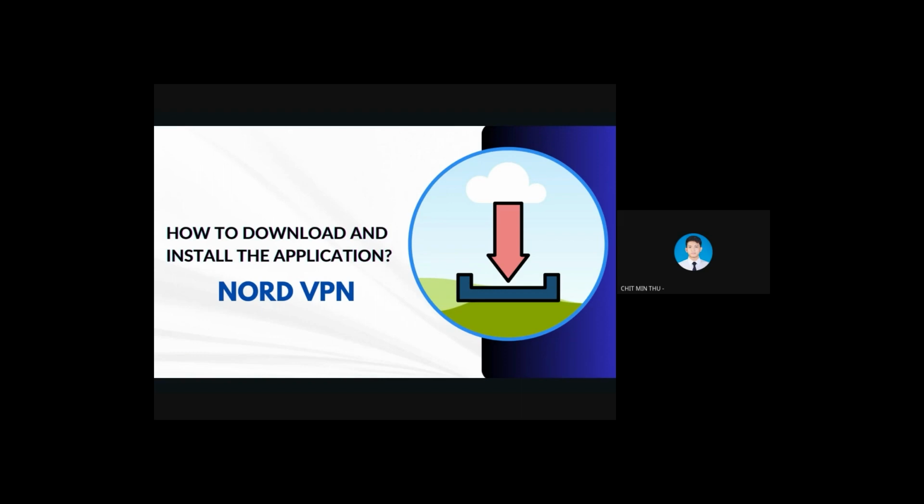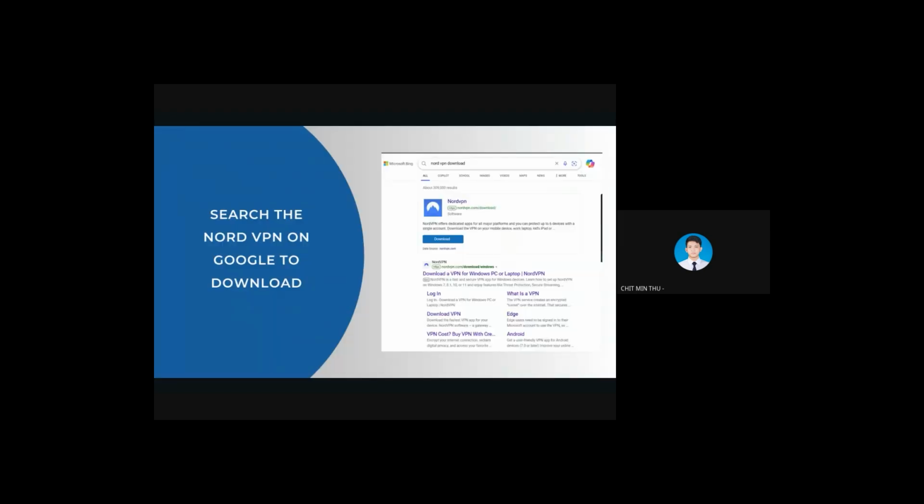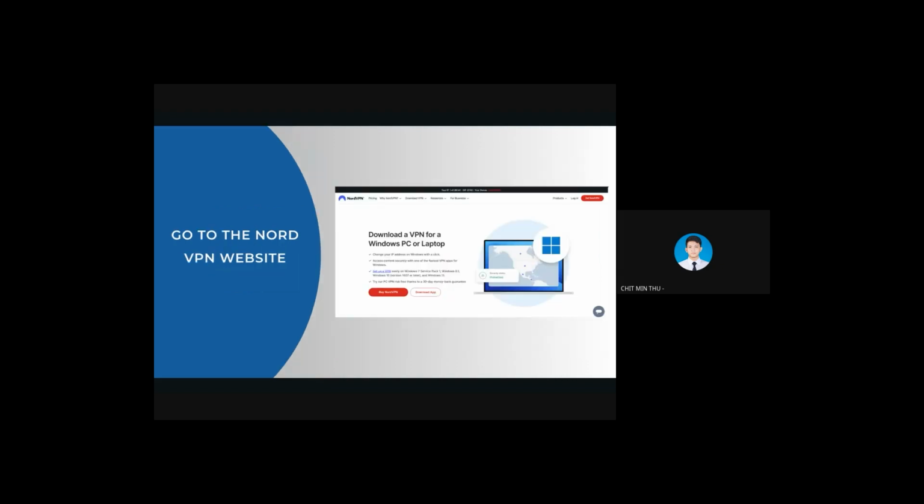In this part, I will show you how to download and install the application, specifically NordVPN. Initially, if you want to download NordVPN, you have to search for NordVPN on Google, and choose to download a VPN for Windows, PC, or laptop. Then you will reach the NordVPN website, and you can download or buy NordVPN. We are going to download the app. So if you click download app, next step,